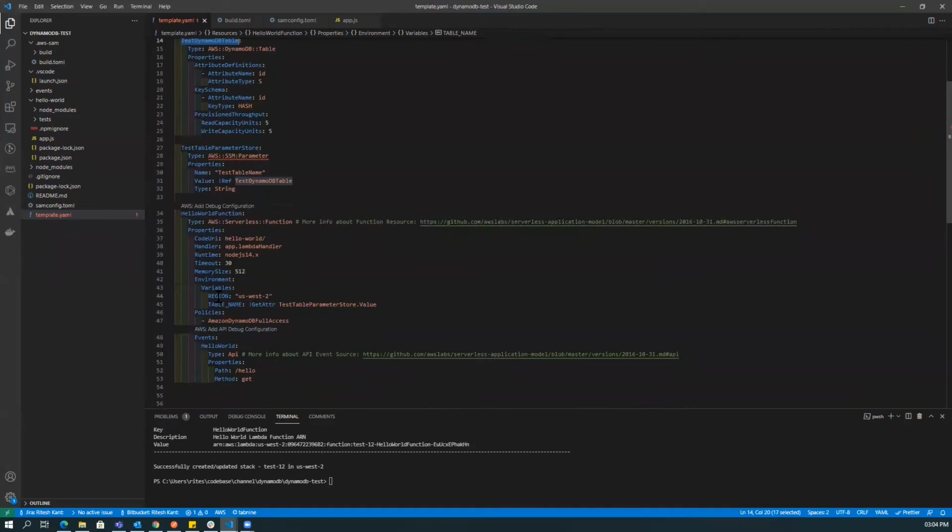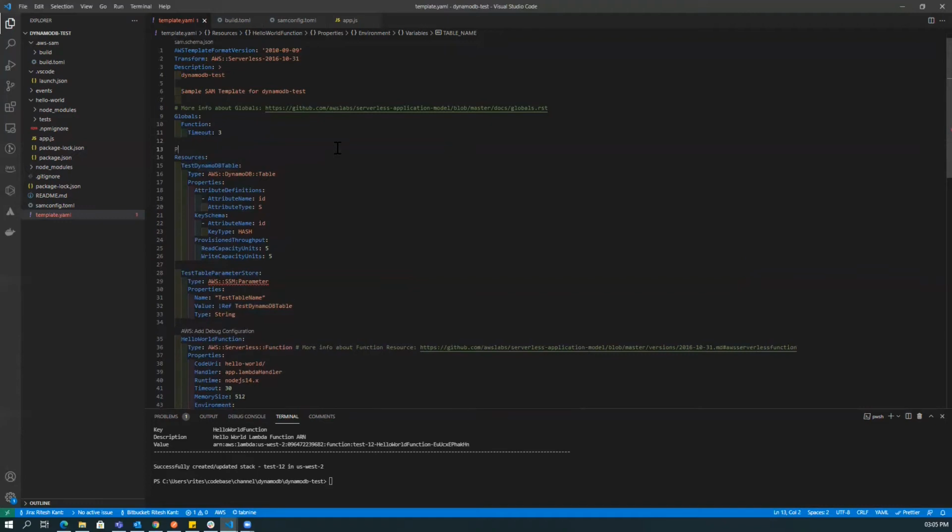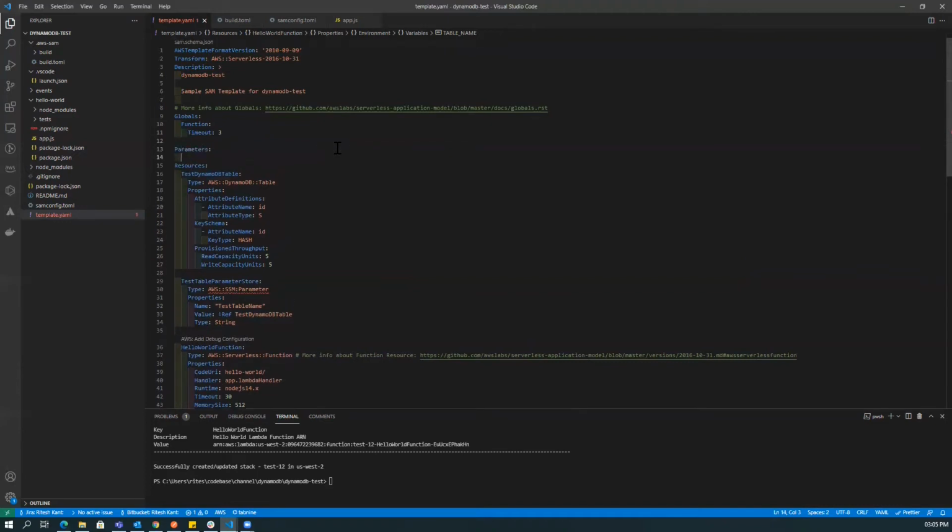Also, we have one more variable, which is region, which is hard coded here. If you are hard coding anything in the template YAML, you should centralize it because otherwise it will be scattered throughout your template YAML. So we have to move this to some safe place. For that, on the top before resources, you can define parameters. Here we can define whatever parameters we need for our Lambda and our resources.